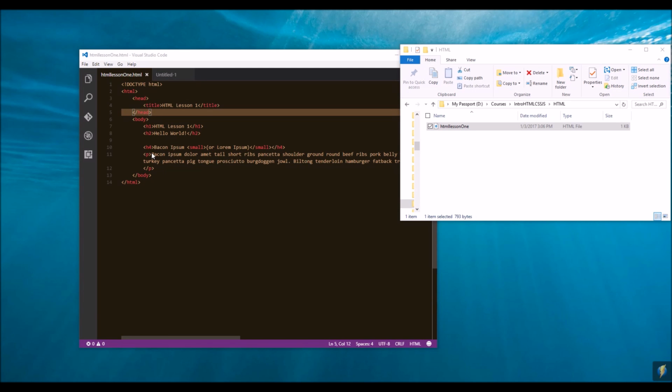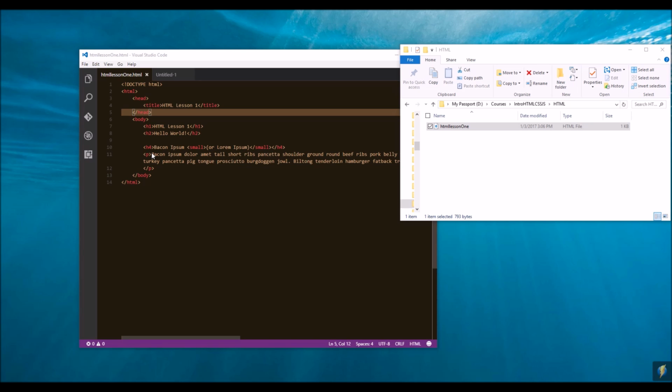What is up, guys? So this is the first lesson to the course on Intro to HTML, CSS, and JavaScript. This isn't going to be a long, exhaustive course. It's just a simple introduction. And the goal of this course is to get your feet wet with the basics of programming. Hopefully, after this, you'll be able to go out and make a simple website on your own with some minor